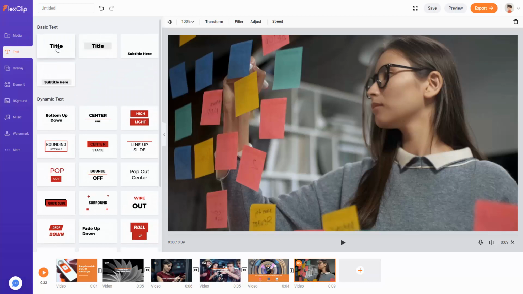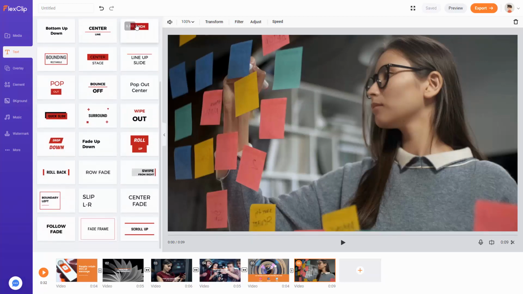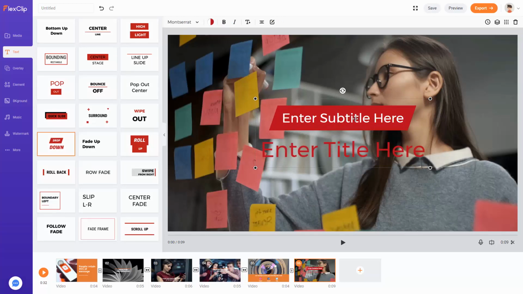Now you can add some basic stuff, but their dynamic text is a lot of fun. Now, this is exactly what it sounds like, right? This is text that moves, text that zooms in, text that pops in, pops out, slides in, whatever, rolls up, drops down. You can add it, select it,